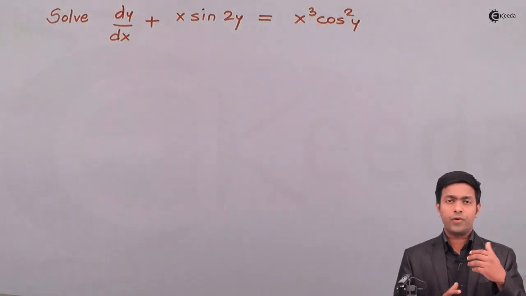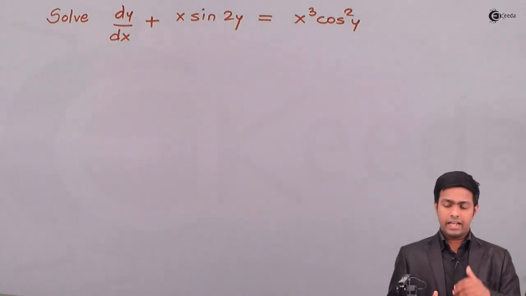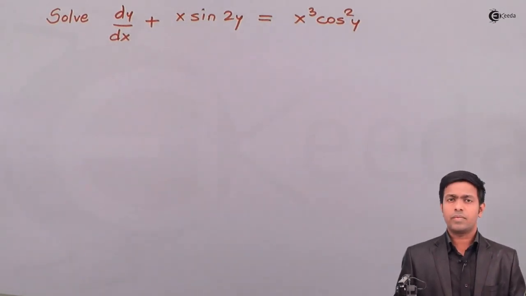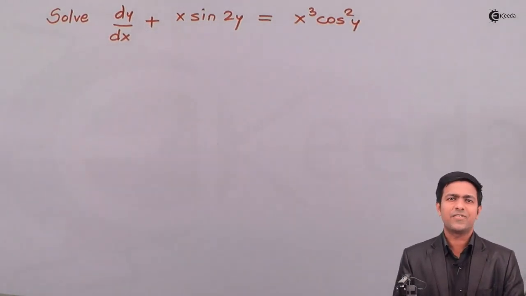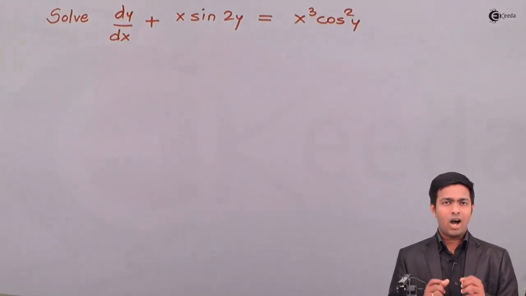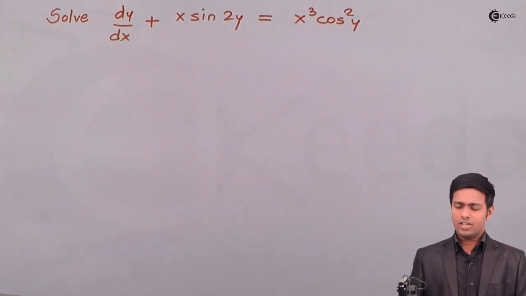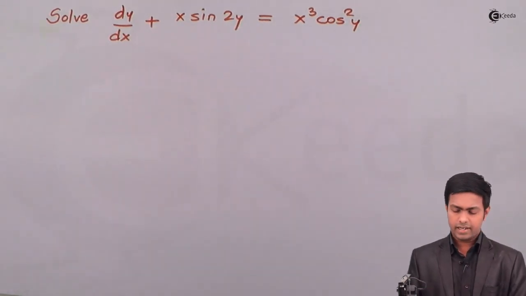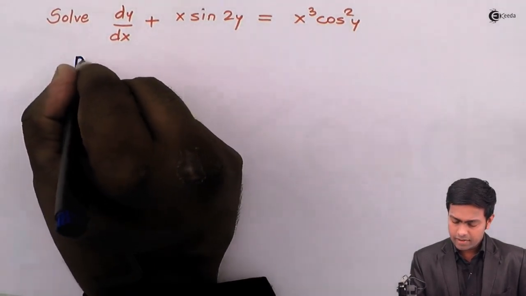So if we do a few adjustments over here, then I'm sure that we can convert it into such a form that it can be reduced to a linear differential equation. So how to make such an adjustment? So guys, for that what I'll do is I'll divide throughout by cos square y. So here I'll say dividing